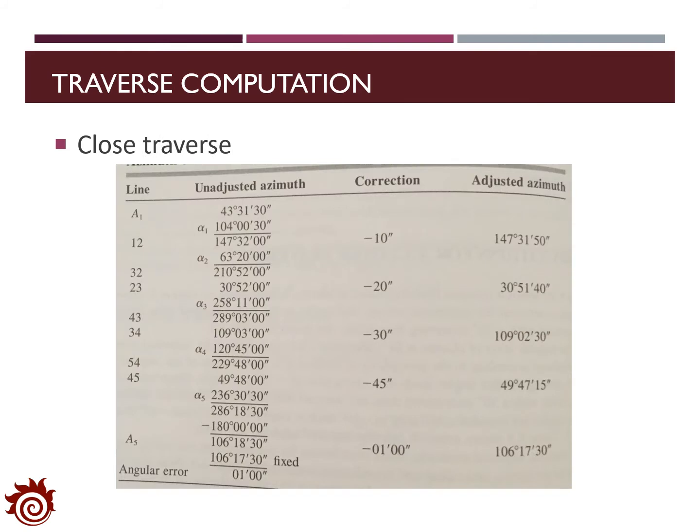In the first step, we need to correct the errors in the direction measurement based on the method we proposed in the previous lecture. So in this experiment, we are given the azimuth of the first and last segment, and also we measured the angle to the right at all the 5 points. With that, we can find out the closure error as 1 minute, and then we can find out the correction for all the 5 angles. With this correction, we can then estimate the adjusted azimuth,